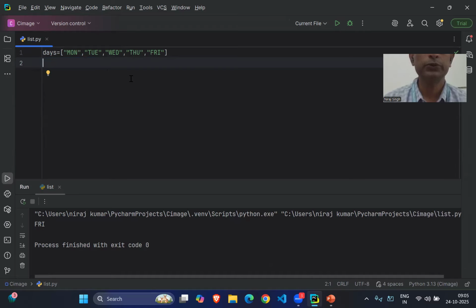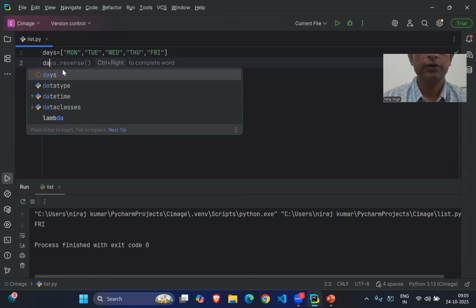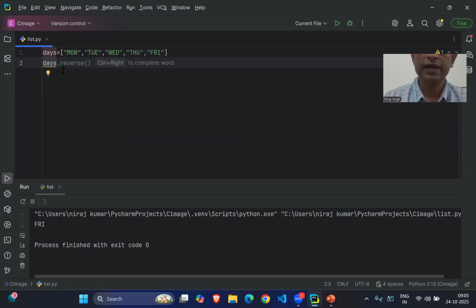I want to modify the first element. You can write days and the index value of the first element, that is 0, is equal to, I'm going to modify it to Monday.